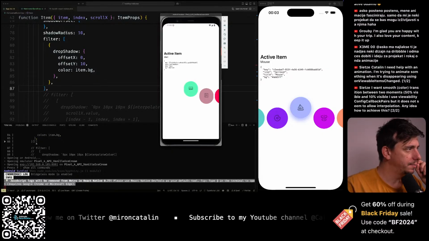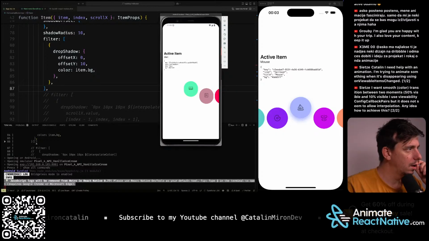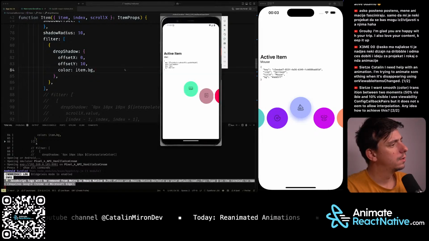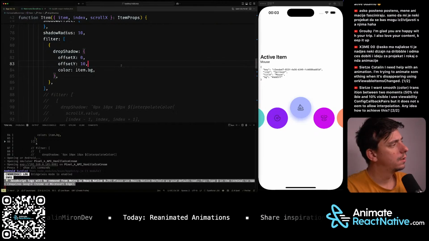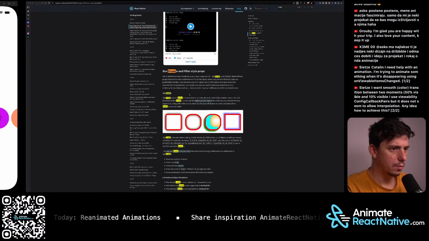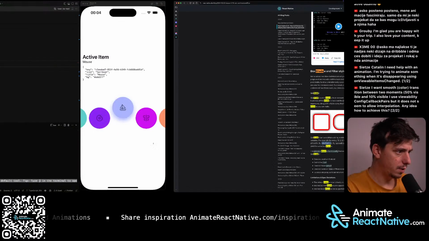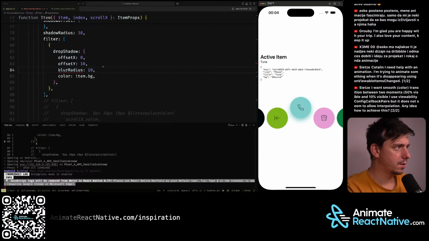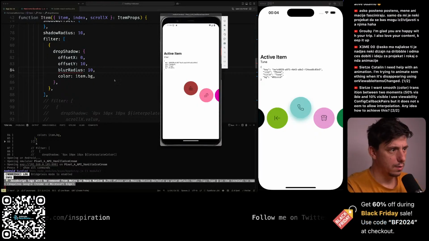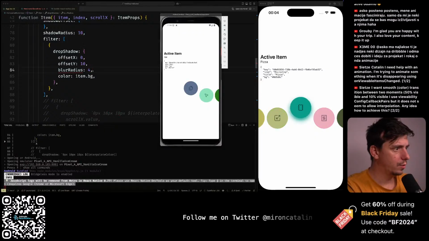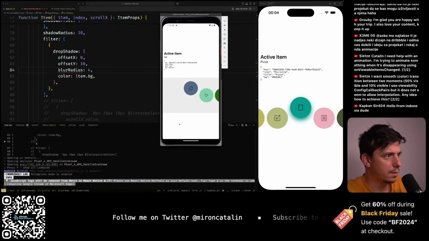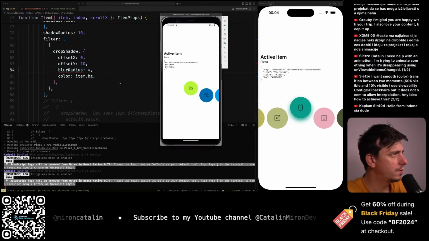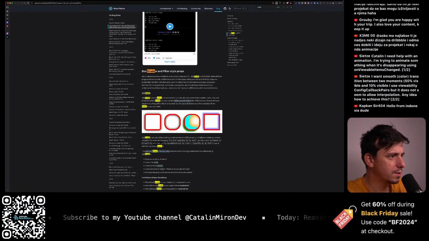Aha, so this is working here. But where is the blur? Where is the blur radius? Oh, nice. Blur radius 10. Is this crashing? 4. There is no blur radius. What's